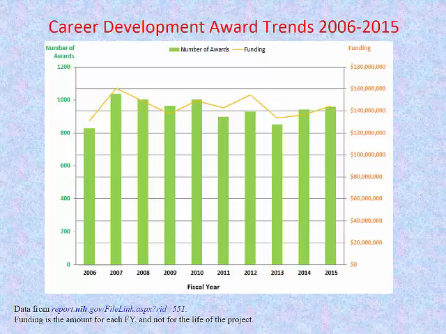And so what's the funding climate like? All this stuff came from the NIH website. This is Career Development Award trends from 2006 to 2015. We had a little bit of a dip there around 2013, but the trajectory now is up. I haven't added the 2016 data because it hasn't come out yet, but my impression is that there was more funded in 2016 than in 2015. So the slope is good for you guys.